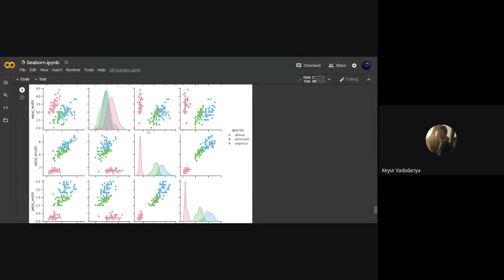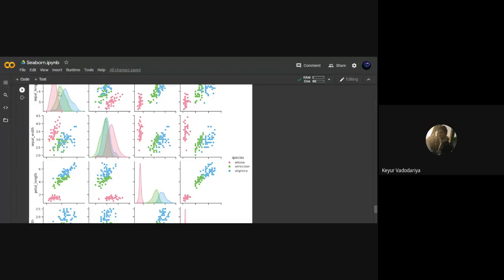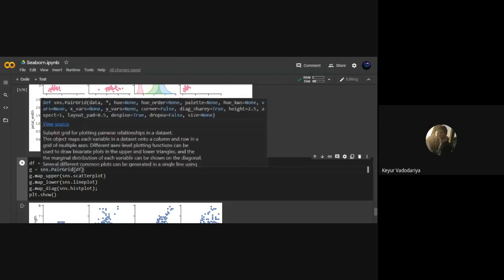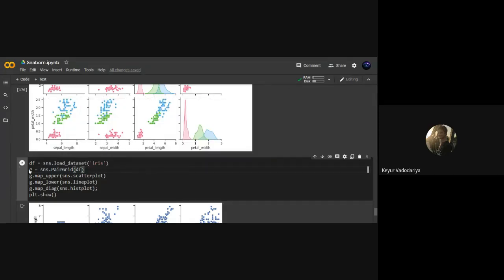Now what if we want some plot for the diagonal, another plot for values below the diagonal, and some other plot for values above the diagonal? So we simply have to create a grid. First we will be loading our dataset, that is the iris dataset. Then we will be creating a grid for that dataset. So we simply write sns.PairGrid and specify our data frame. Then we have to write